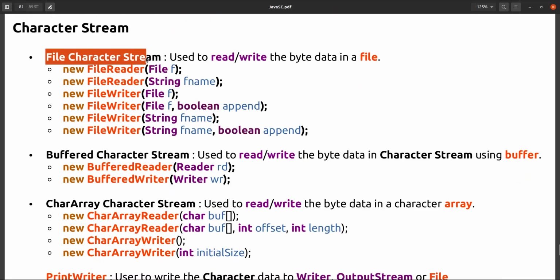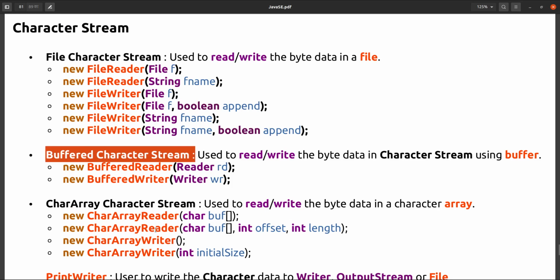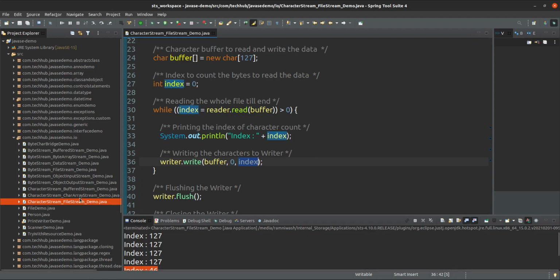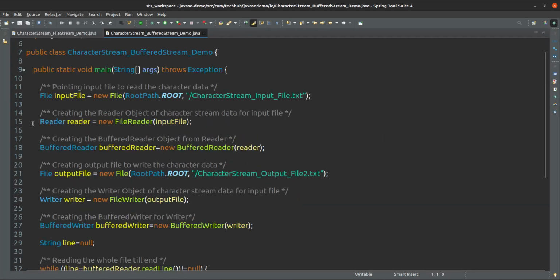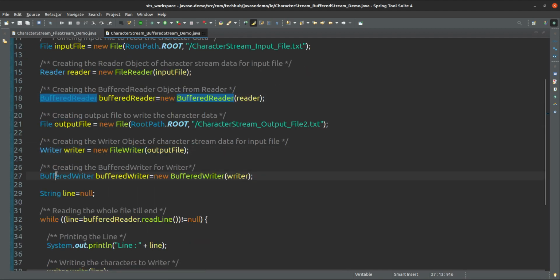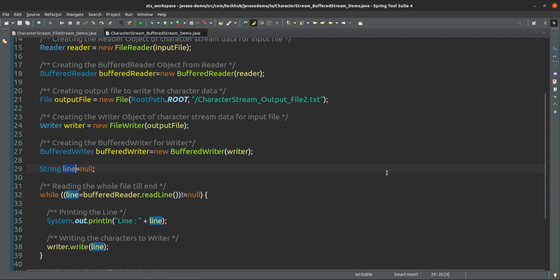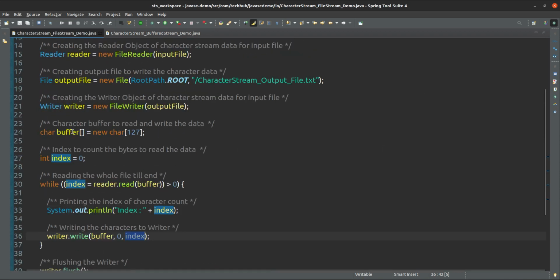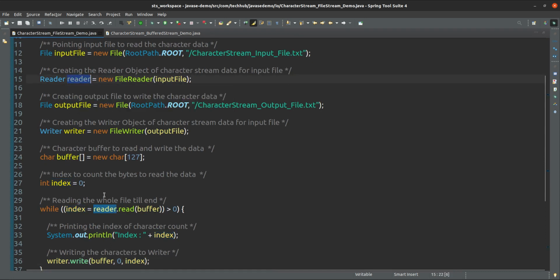Okay, so this is the character stream, file buffered character stream. Same thing with byte buffered stream. So what is the character buffered stream? From this reader we can create a buffered reader, and from this writer we can create a buffered writer. And what is the advantage you are getting? You can read a line completely, because this is a buffer. In the last one, in the file stream, we are using reader and writer, but for reader and writer, the readLine method is not there.